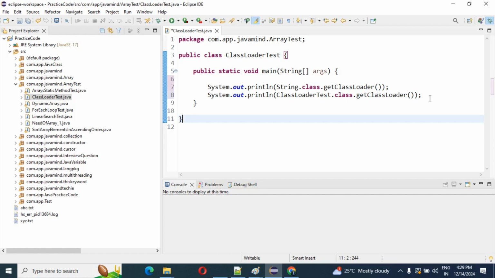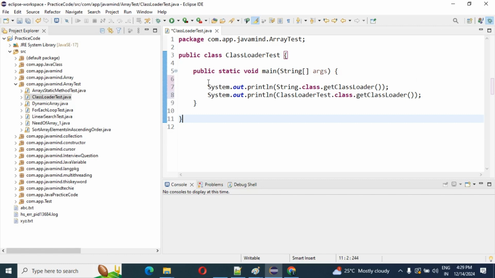From JDK 8 onwards the extension class loader was removed, and they use the platform class loader instead. The name of the extension class loader has changed to platform class loader, so we can't see the corresponding class name.